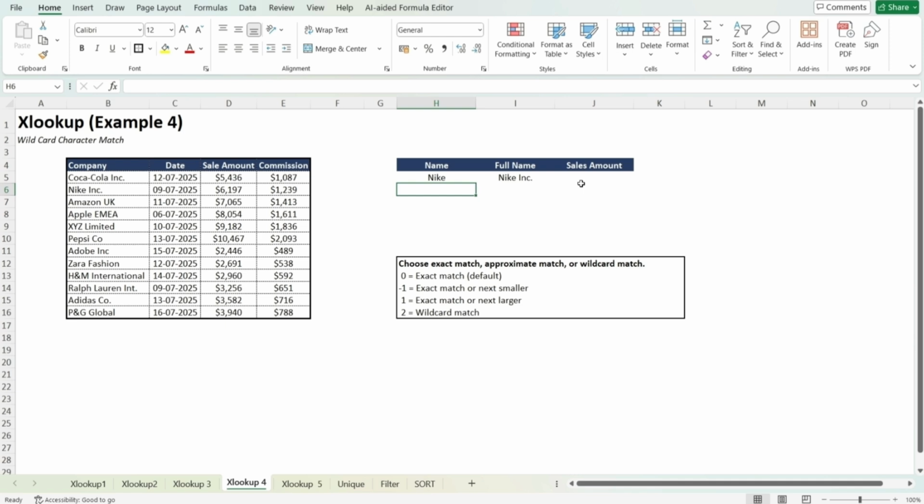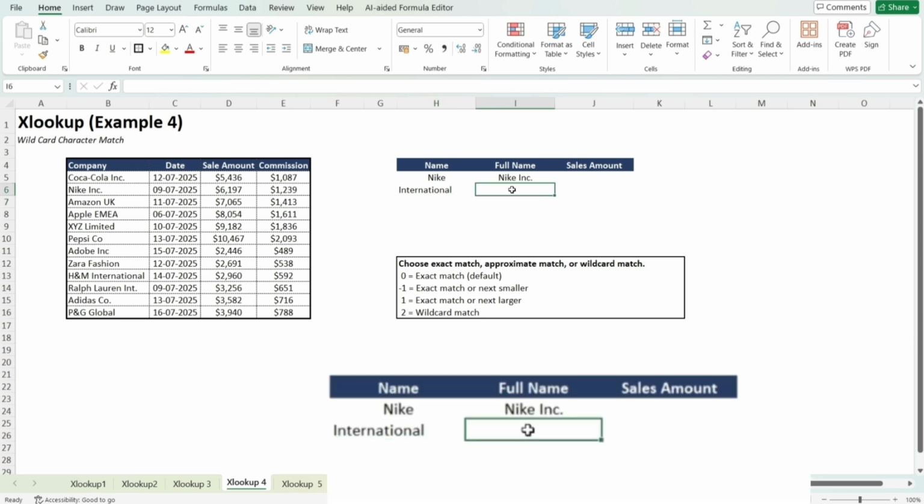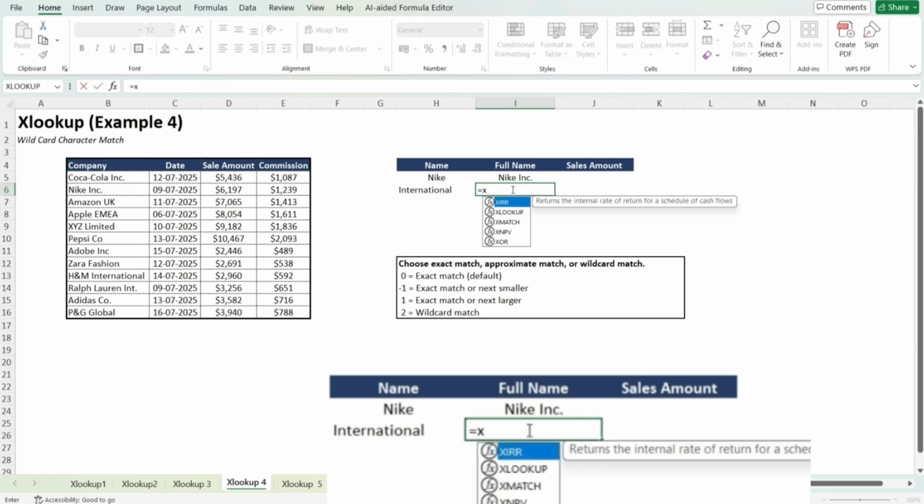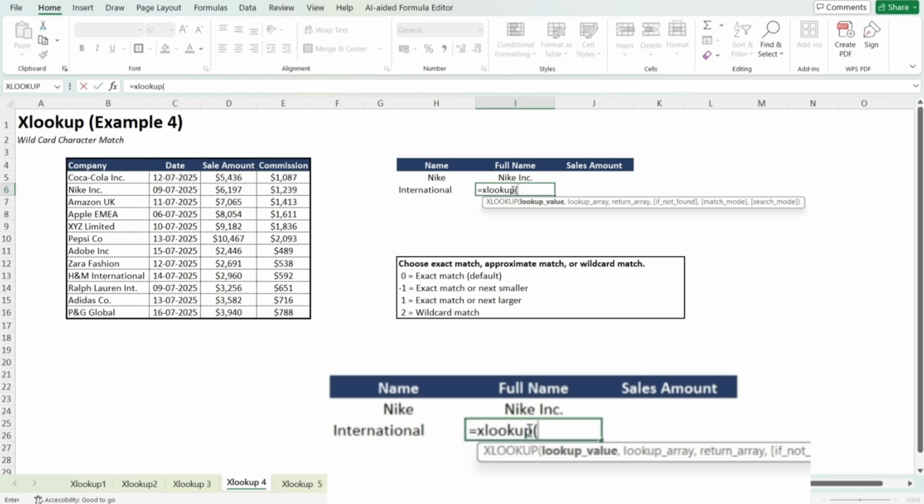Let us look at another example. So if we have International written over here, which is the second name for H&M International, how can we pull the full name using the wildcard character match? So we will type equals XLOOKUP, bracket open, the lookup value. So since this is the second name, we will type an asterisk within quotes and then the lookup value International, comma,